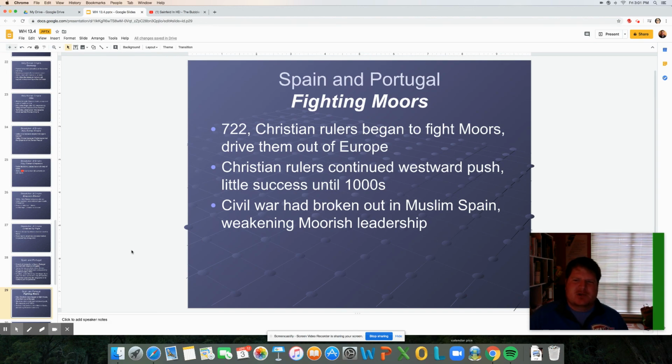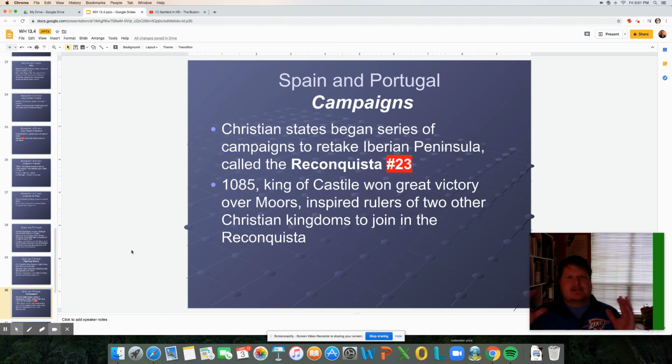Christian rulers continued their westward push, with little success until 1000. They would fight and get pushed back, fight and push back, and kind of inch their way closer. By the 1000s, they were starting to make a big dent. A civil war broke out in Muslim Spain, weakening the Moors' leadership. That idea of accepting the tolerance of the Moors, not anymore. Christian states began a series of campaigns to retake the Iberian Peninsula called the